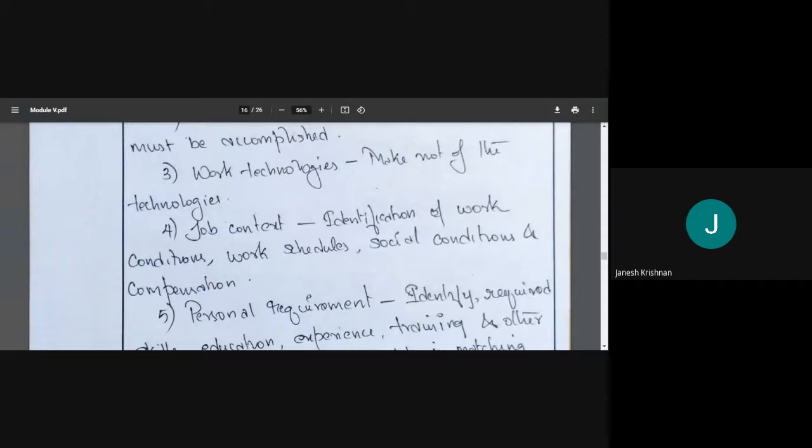Next, the job context, that is, identification of work conditions. Where are we working? Different work conditions will give us different outputs, and we need to be sure about that. Then work schedules. Schedules have to be seriously looked into, because if the schedule is very tight, workers will be under more pressure, and they may not be able to cope with it. If you have a job requiring short-term work,